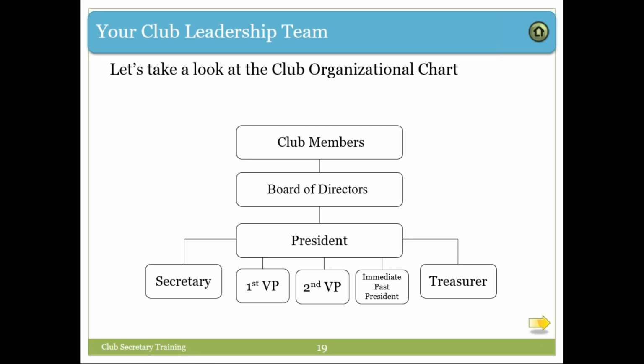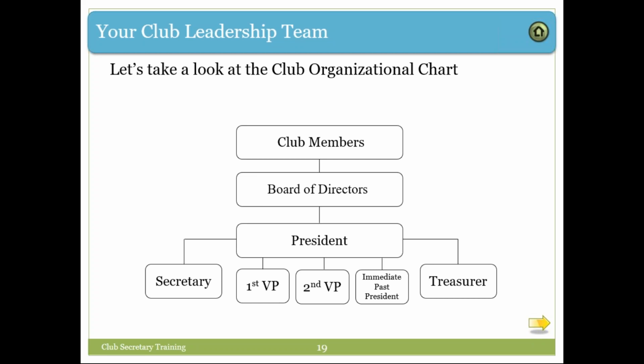This is the average club. You can vary as far as the number of VPs depending on the size of your club. But this is about a standard club size. Club membership determines what we do, what kind of services we are interested in doing locally.